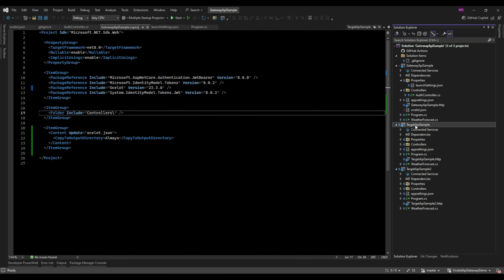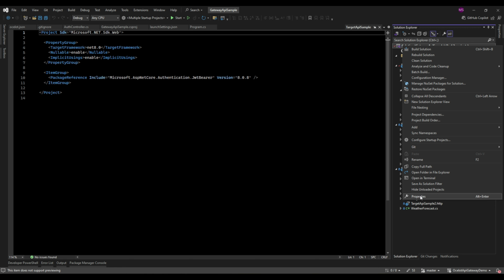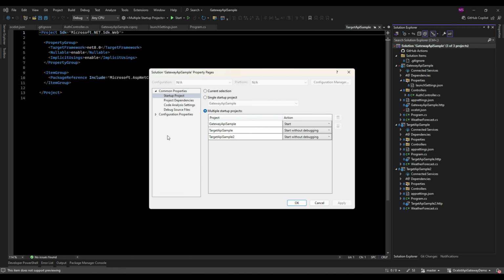Once the projects were added, I needed to ensure that all of them would run simultaneously. This is where the multiple startup projects feature in Visual Studio comes in handy. I right-clicked on the solution file again and selected properties. In the solution properties window under startup project, I chose multiple startup projects. I set gateway API sample, target API sample, and target API sample 2 to start in the drop-down list next to each project.